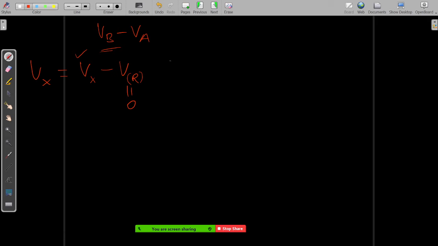So now what we are going to do here is we are just again going to write the same thing, Ux minus Ur per unit charge. So this is how you can define the potential at a point A, or let's say at point X. It will be equal to the change in the electric potential energy per unit test charge when it is moved from the reference point to the point X.